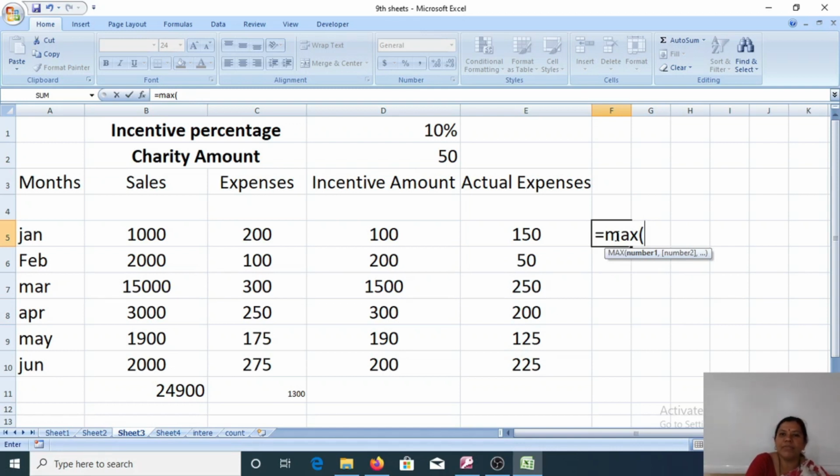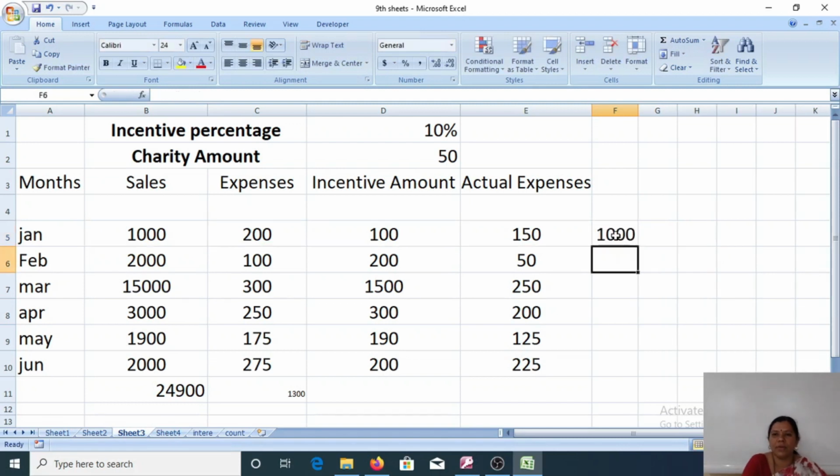B5 to E5. B5 colon E5, close the parenthesis, enter. And in this row we get 1000 as the maximum amount. Okay, thank you children.